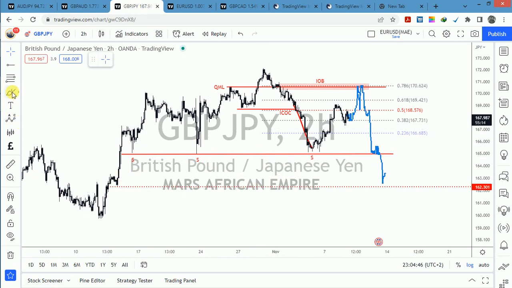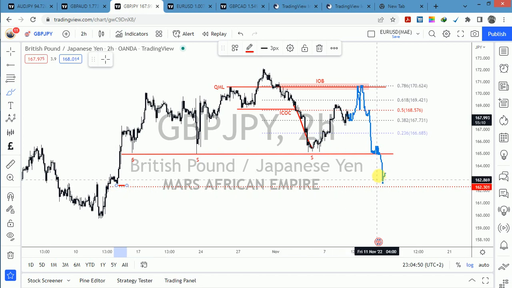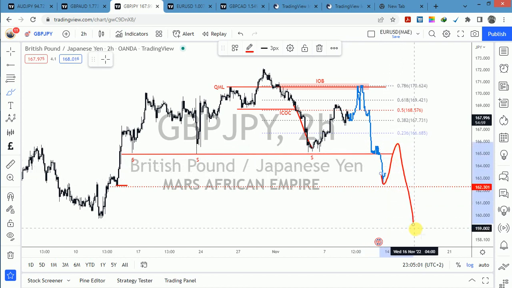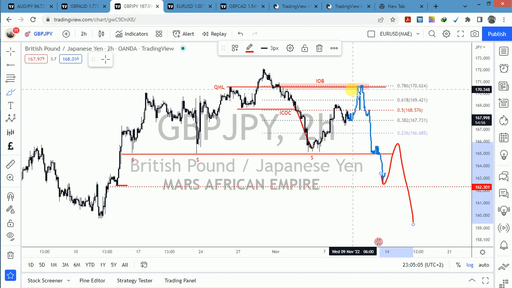so we might use this as our fake out zone retracement, and then we are going to retrace the neckline, retest the neckline, and then continue to go down like that. So now our entry is going to be around